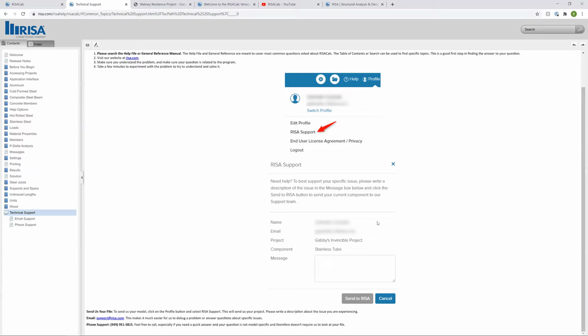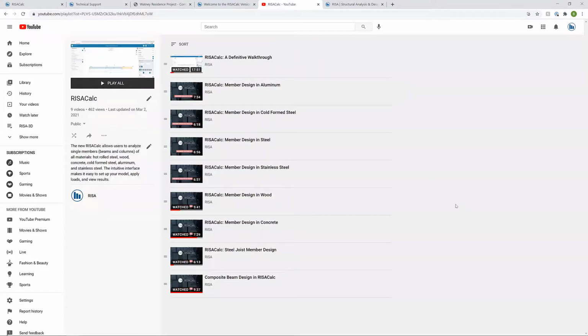The next thing is I'm going to jump into YouTube here. We've been creating a YouTube playlist for RISACalc, with different videos for all the different components and materials. So whether it's aluminum, where you want to see a beam or column in aluminum, a beam and column in cold-formed steel, a concrete member, steel joist, composite beam,